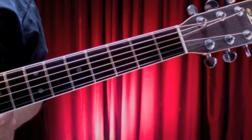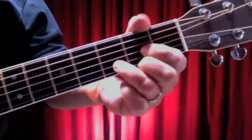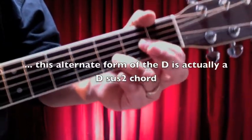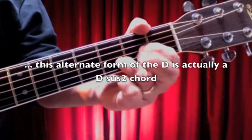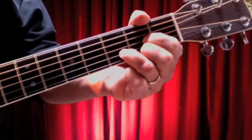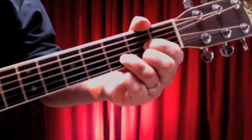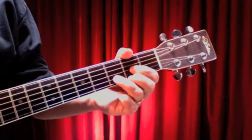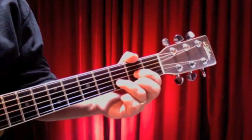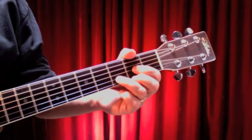But the variation we put into the D chord is that on the 3rd strum, so down, up, down, on that 3rd strum, the 2nd down strum, we lift our 2nd finger off the E string at the 2nd fret and make it an open E string. So it becomes down, down, up, down. So then the full chord progression with that little altered D note and the strumming becomes...